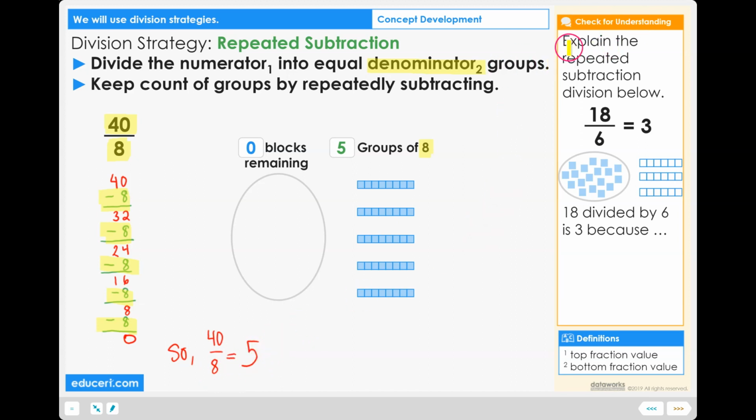Check for understanding. Explain the repeated subtraction division below. 18 divided by 6 equals 3. You have 18 blocks on the table and you have a couple of groups of size 6. Explain how 18 divided by 6 equals 3 using repeated subtraction and this picture. Using the sentence frame, 18 divided by 6 is 3 because